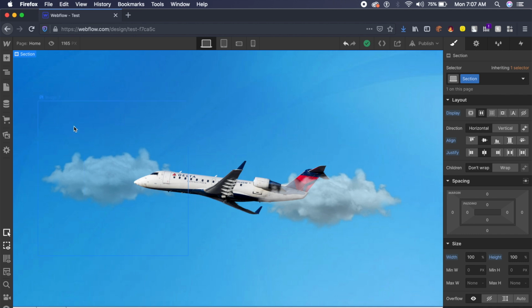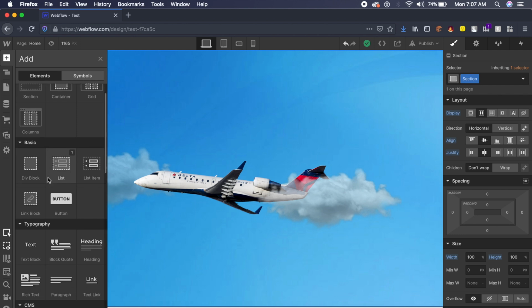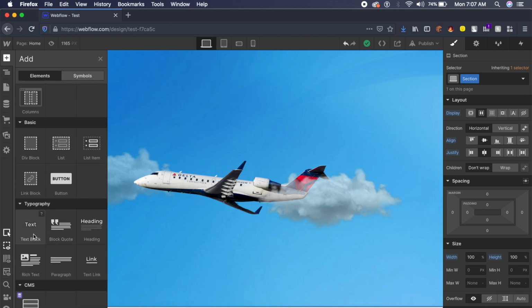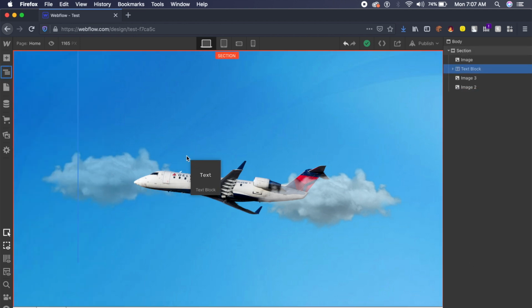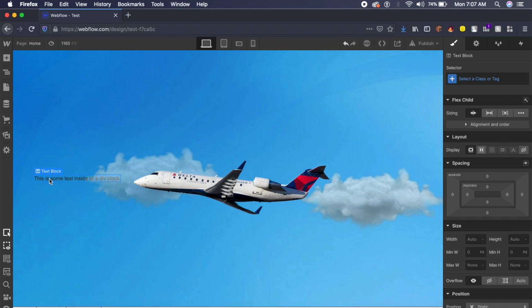Now let's place the text, which is the title of our website, which is departure in this case. So I'll go to this plus icon, add element, and I'll go down and I'll say text block. I'll drag this text block to the middle right here, and everything's just changed here. We will fix that in a moment. First of all, we'll change this text and we'll write something like